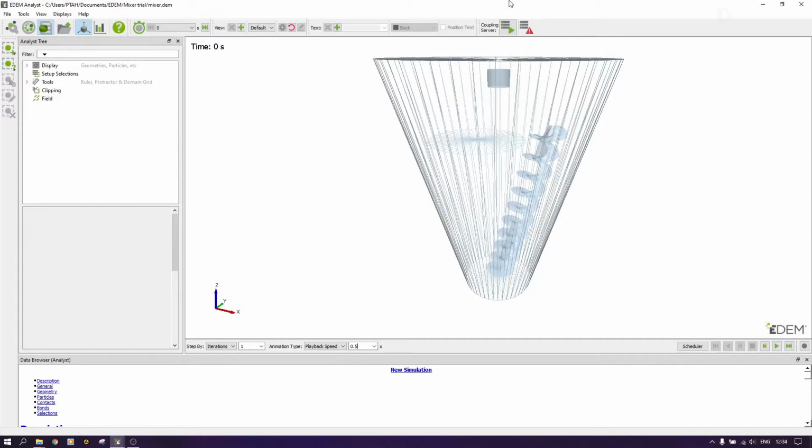Hello guys, welcome back. Today I want to do another tutorial called wet mixing, or wet coating, in which once you spray particles and you mix them, you'll get something like this. We want to obtain something like this